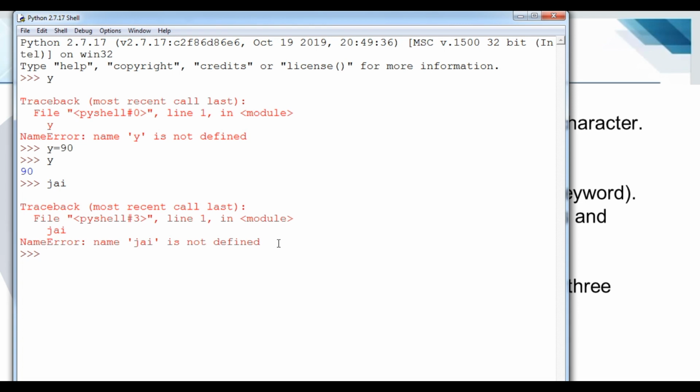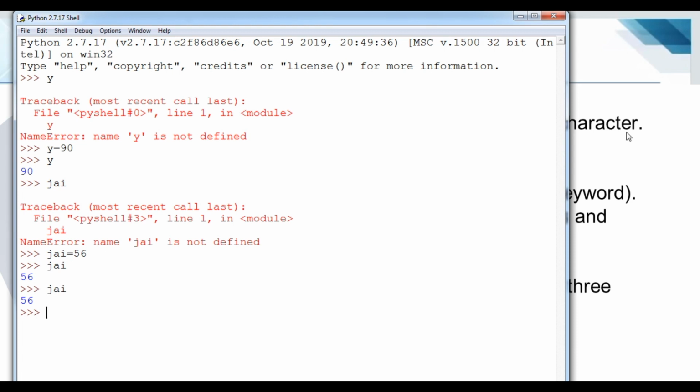To define it, I have to use the equal sign: j equal sign, then after that a value. It's up to us which type of value we provide. Now simply we are using some numbers, like in mathematics. Now you can see that j has printed. The variable j is identified by the Python interpreter.